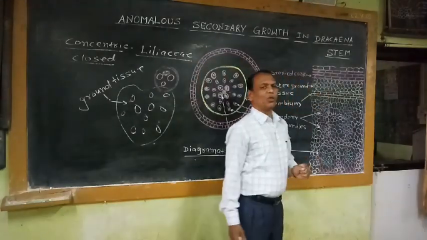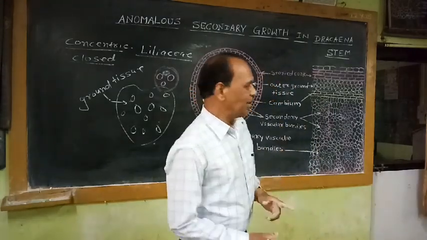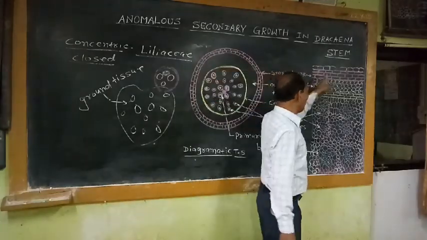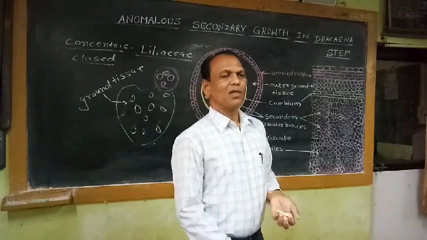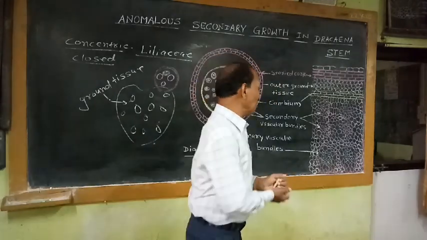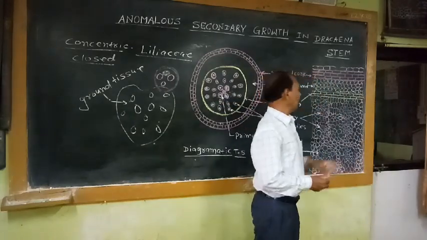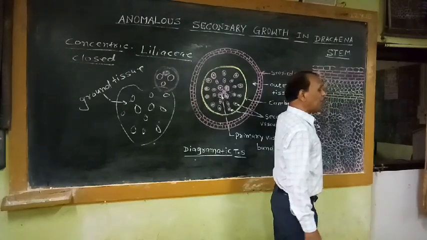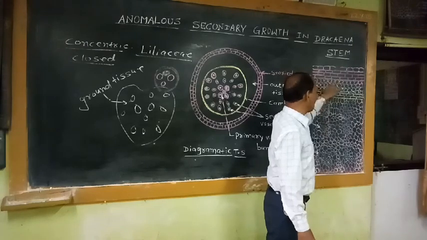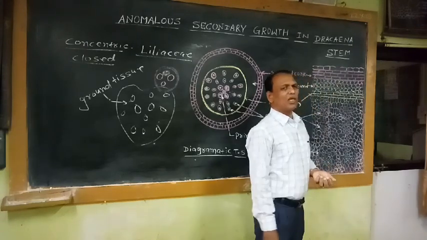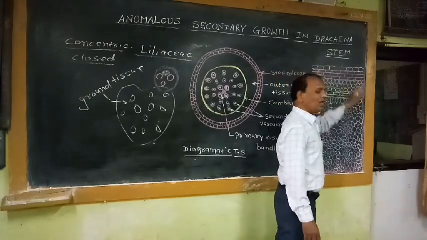During normal secondary growth, these cork layers are added by cork cambium. But in the Dracaena stem, cork layers are added without development of cork cambium. This is another abnormality during this abnormal secondary growth in the Dracaena stem. That means these cork layers are not produced from cambium; they are produced from peripheral ground tissue cells. The peripheral ground tissue cells become meristematic, divide periclinally, and produce rectangular thin-walled cells.